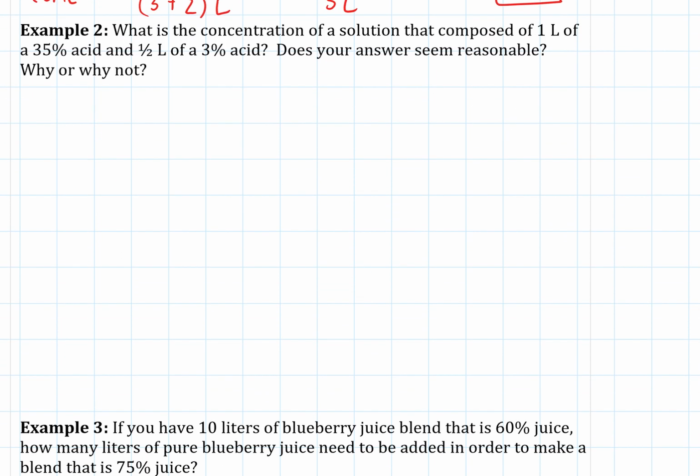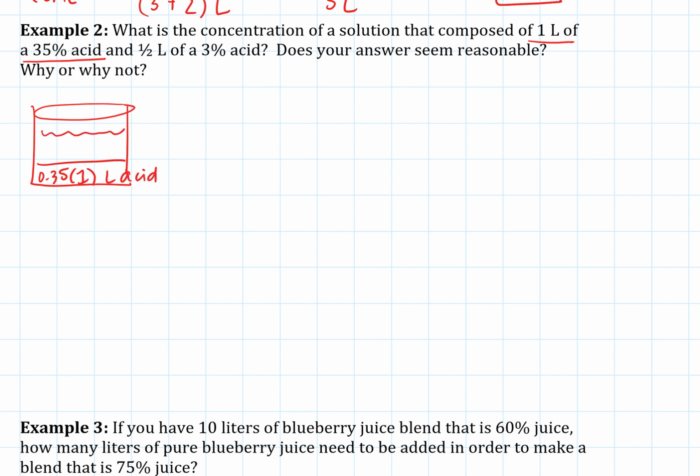Okay, example 2, what's the concentration of a solution that's composed of 1 liter of 35% acid and half a liter of 3% acid? Does it seem reasonable? Okay, again, we're thinking about you have 1 liter of 35% acid. So that means you have 0.35 times 1 liters of acid, and then everything else is just water. This is a total of 1 liter